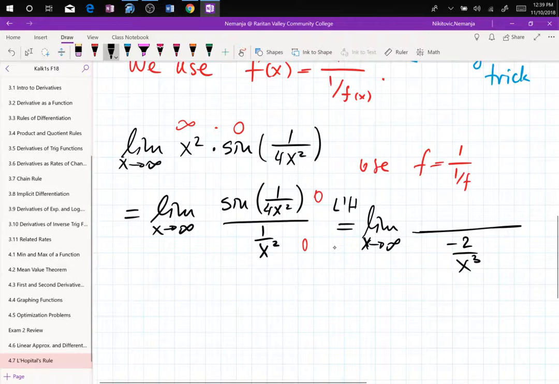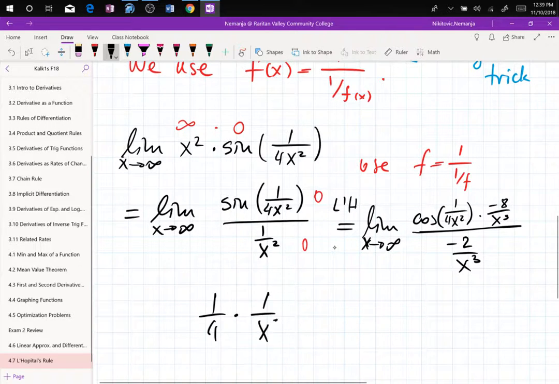And now the derivative of sine is cosine. That's 1 over 4x squared. And then I have to take the derivative of this, which would be negative 8 over x cubed. Because I know that it's 1/4 times 1 over x squared. So if I already know that the derivative of 1 over x squared is negative 2 over x cubed, then I just need to multiply that by,